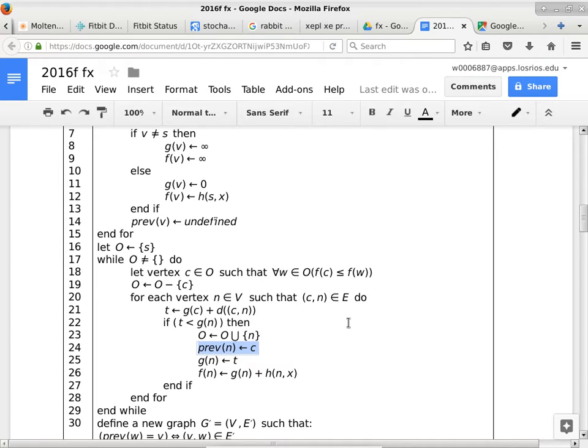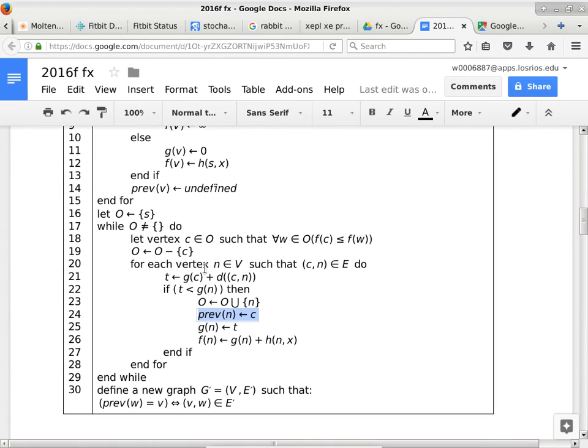Okay. What about the third line inside the conditional statement? What is this doing? Why are we updating g of n, and why are we using that t? T is the total cost of a path, but we know that it is shorter than what we thought was the shortest way, right? So we have to update it. Is that okay? It is the rationale of this statement that is important. It's not what it does, it is the context. Why are we doing this? That is important.